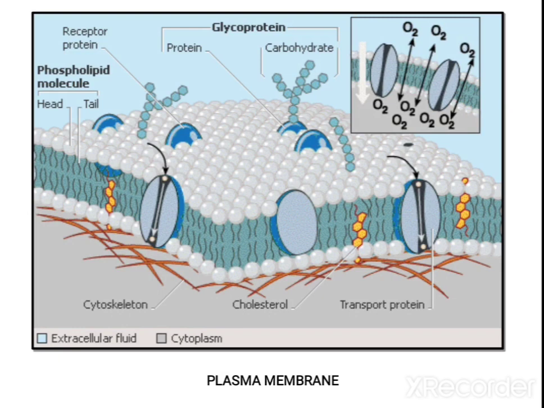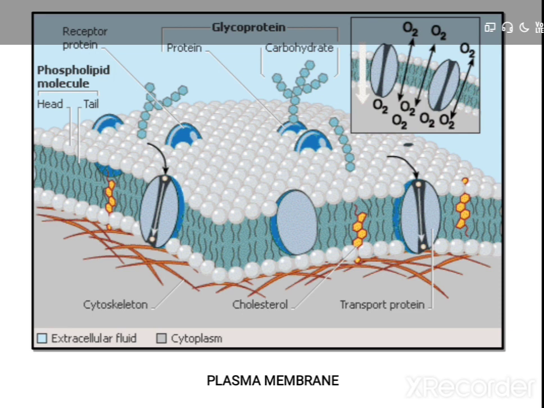Can you see? This is plasma membrane. When you observe these structures, this is fat, and this one, that is proteins. Okay, so this is fatty substance and these are proteins. So when you observe the molecules, they can move in and out of the cell. How can they move? According to that, it is semi-permeable. They will allow only some substances. They won't allow all. For that purpose, they have the receptors. According to the need, it will allow to move.